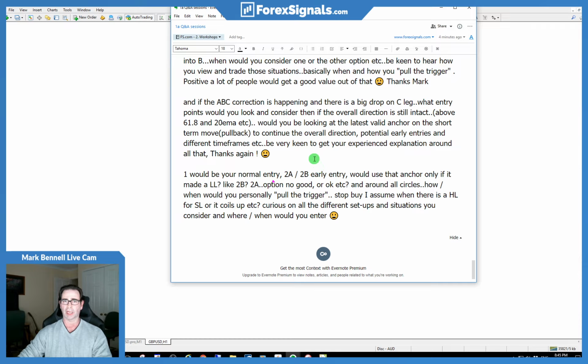Would you be looking at the latest valid anchor on the short-term move, the pullback, to continue the overall direction, potential entries in different time frames, etc.? Okay, all right, so let's have a look. So then we'll address the normal entries down here. We'll have a look at some of these, but let's just first pull apart